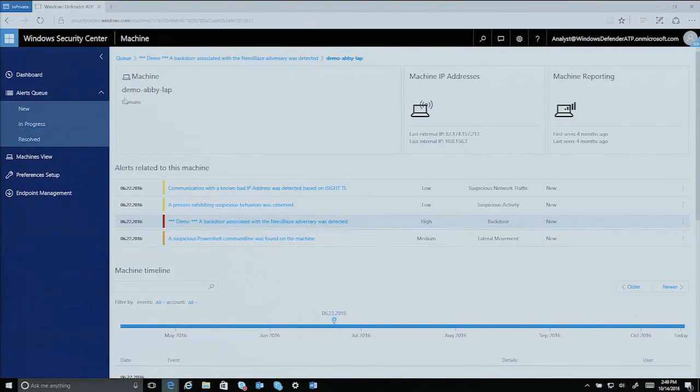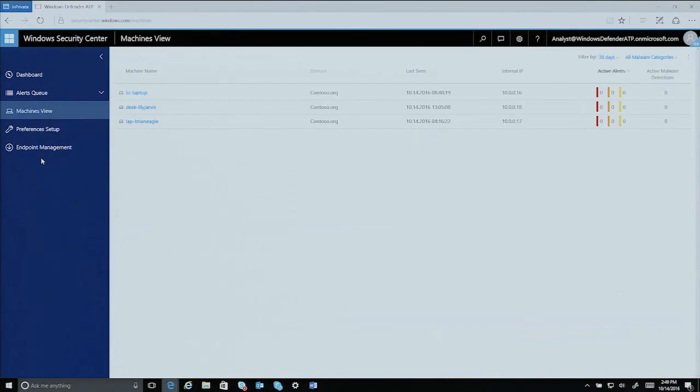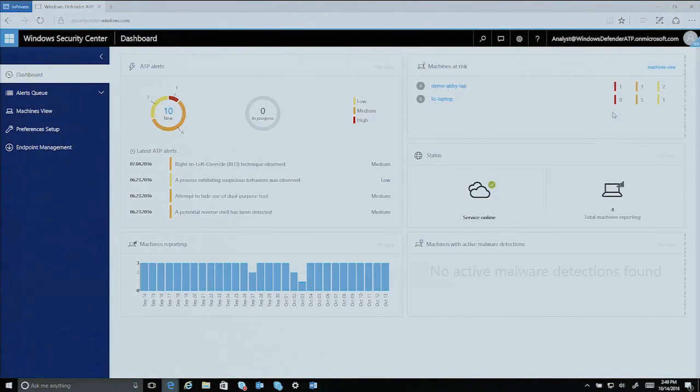This is a flash into the Windows Security Center. We can have a look at all of the machines that are sitting inside of the organization, but always resolve back to a dashboard so we can see exactly how we are performing. So what I want to do is just briefly switch back now so we can close off from here.